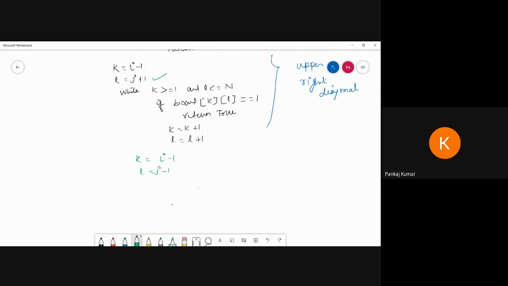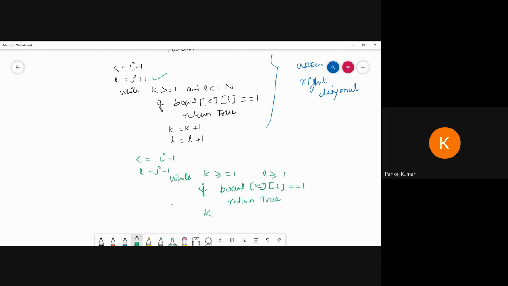So I'm writing while K is greater than or equal to 1 and L is greater than or equal to 1, then if board of K comma L is equal to 1, then return true.